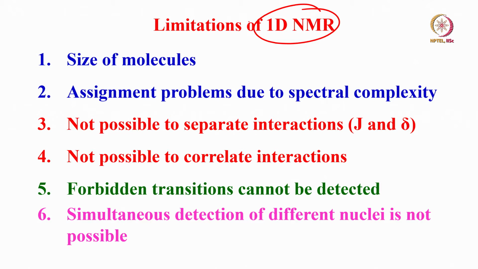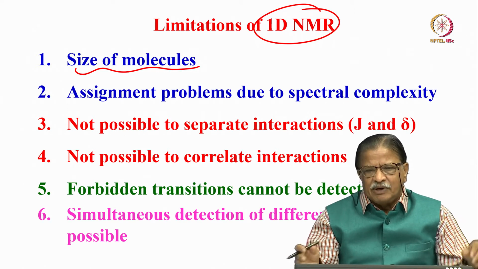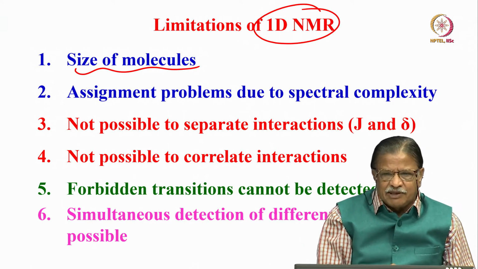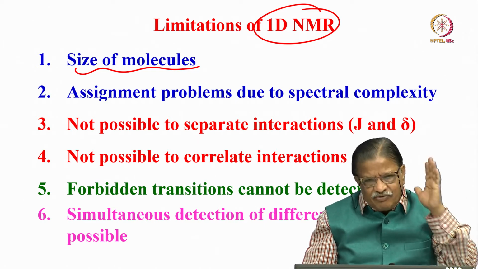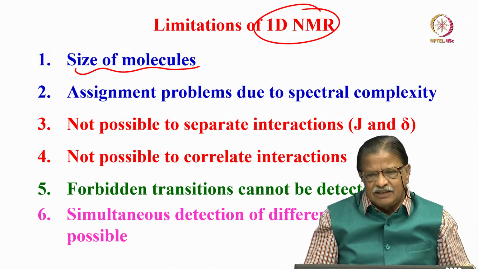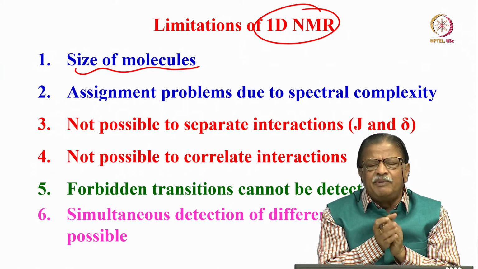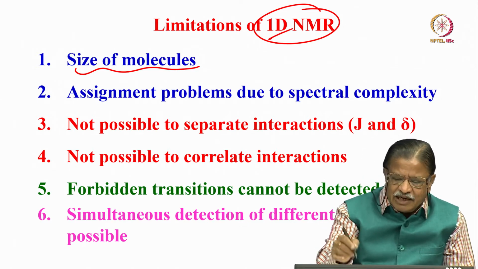And first of all, the limitation of one-dimensional NMR is the size of the molecule. If you go to a bigger molecule, like let us say a big protein or a big polypeptide consisting of several amino acids, the number of transitions that you are going to see in the proton NMR spectrum in a given range of 0 to 10 ppm will be enormous. Because of various interactions present, chemical shifts of individual protons, and many of them are interacting with others, there is a J coupling interaction. As a consequence, there are multiple series of transitions, and the spectrum will be enormously complex to analyze. So as the size of the molecule increases, 1D has a limitation.